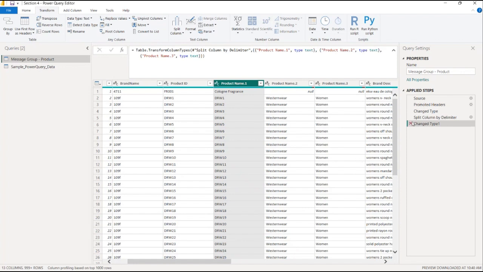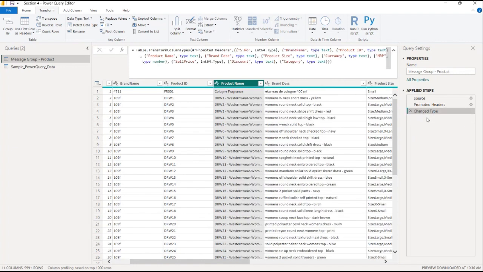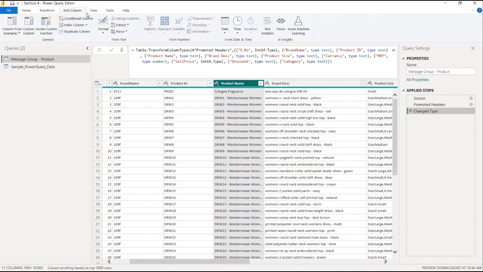So let me cut this split column by delimiter. See, I've come back to my previous step. Now I do the same thing, but by using Add Column. If I go to Add Column and do the same thing,